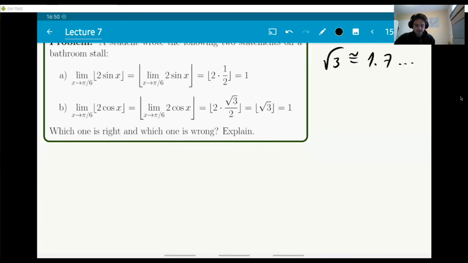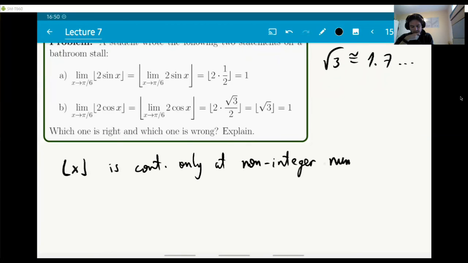How do we think about this? We need to understand that you can do this procedure of taking a limit inside as long as the function which is outside, which is the floor function here, is continuous at that point, at that limit. So remember that this is continuous only at non-integer numbers. So if you look in item B, the limit inside is root 3. That's a non-integer number. So B is correct